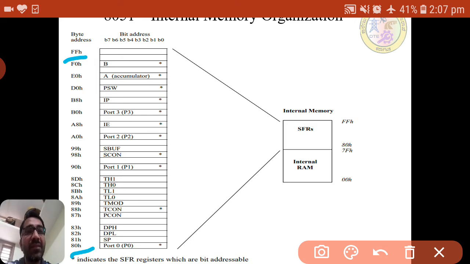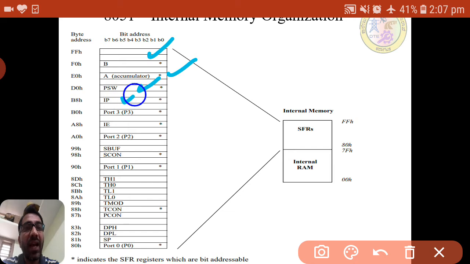So what are those special function registers? The B register and the accumulator register. If you need to access the B register, that is address F0. Then A register, B register, and PSW. And IP, that is interrupt priority, and port 3.